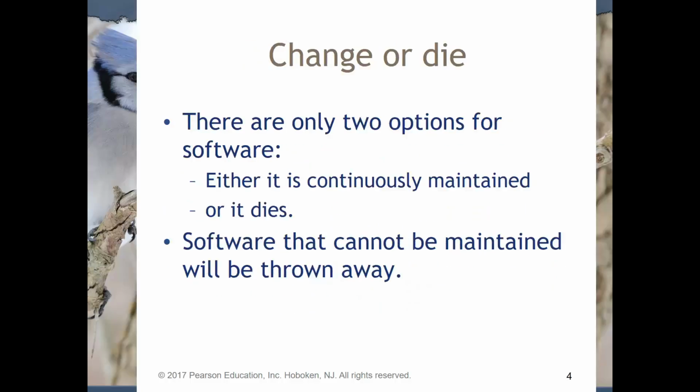Change or die. This is a pretty common opinion. Who Moved My Cheese shows that as well. The book. Basically, you either maintain code or you forget about the code and it dies a slow death. This isn't completely true, but it's true enough. Sometimes you write a base framework like a get date function, and that's not going to be maintained. It's not going to change because the whole concept of a calendar pretty much doesn't change. So there is some code that does get written once and is forgotten about, but as a rule, this is a very true statement. Software that cannot be maintained will be thrown away.